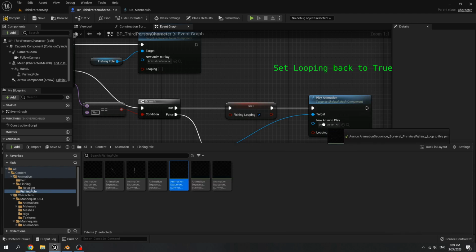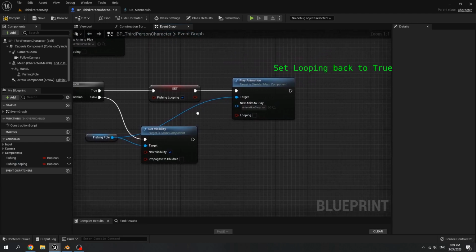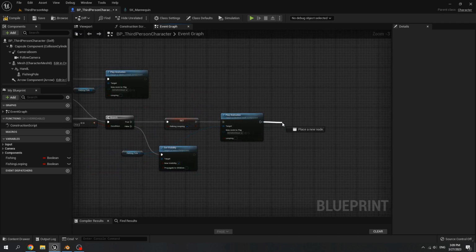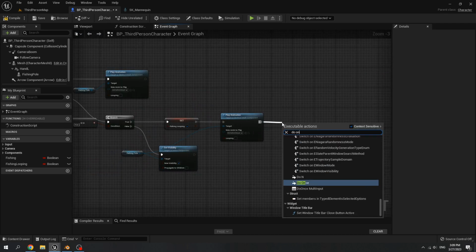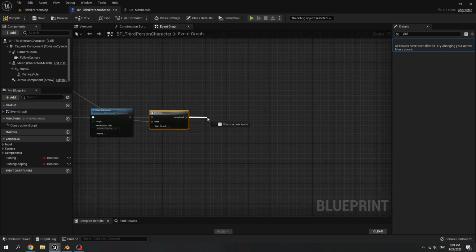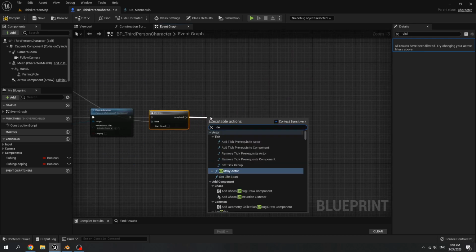Find the loop animation of the fishing pole and drag it inside new animation to play. Call do once. After we play the enter animation, set the reset delay for 1 second.